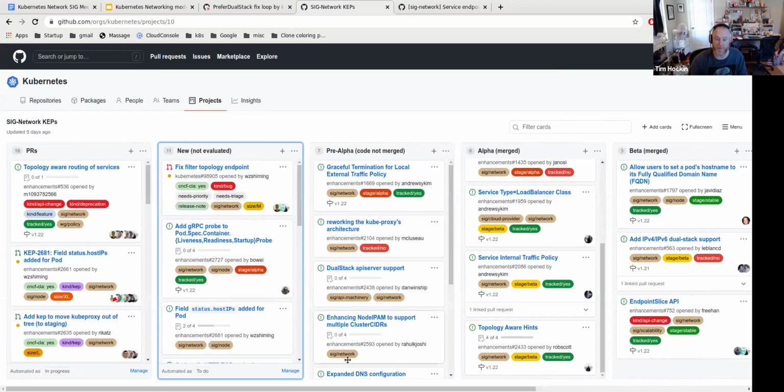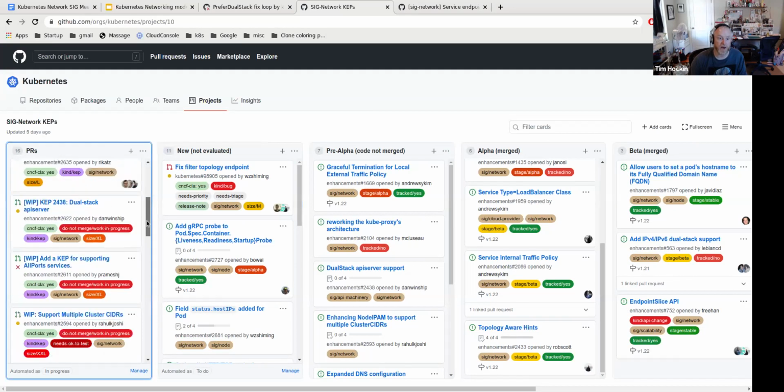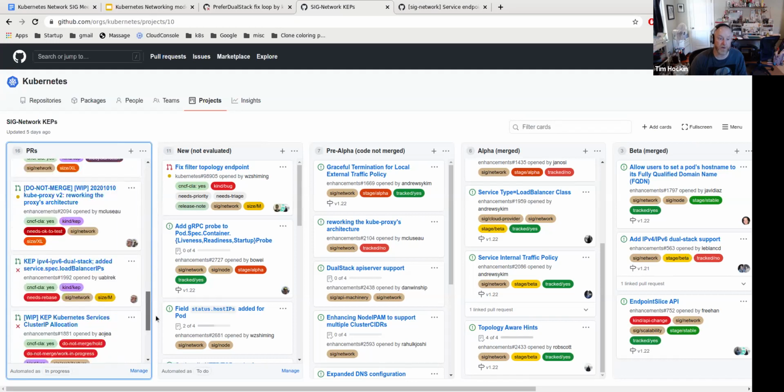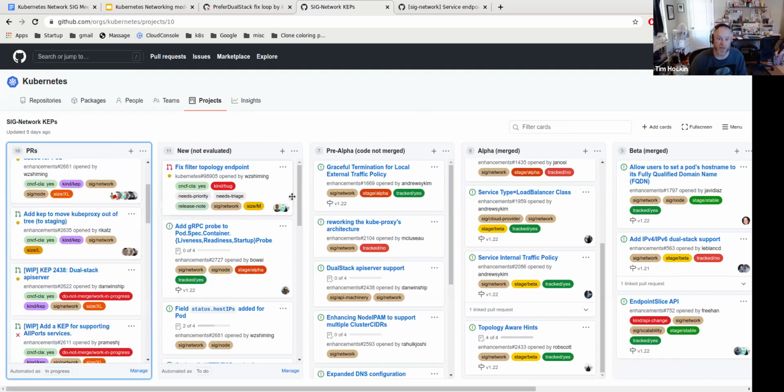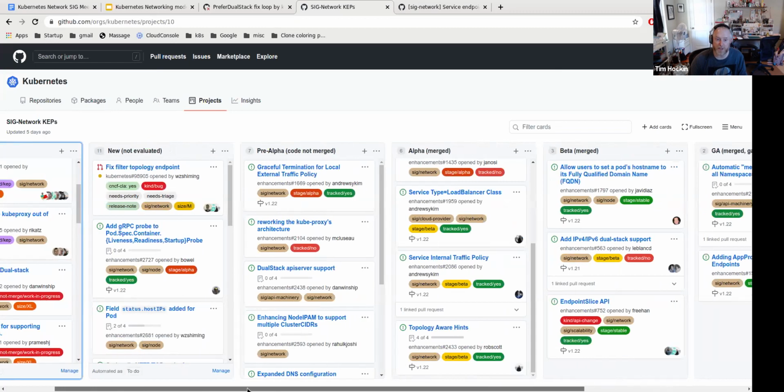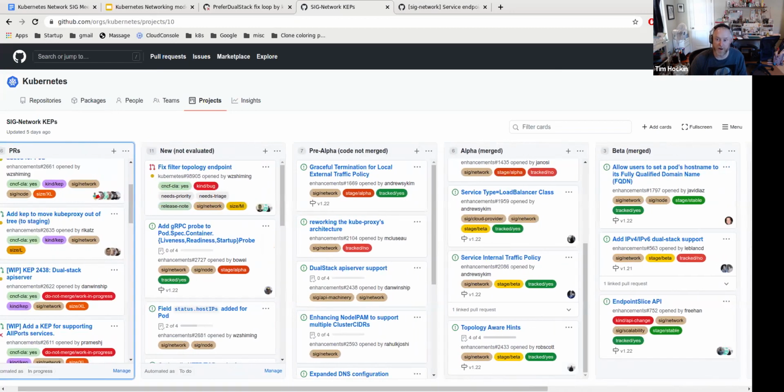I only picked things up that were labeled SIG Network. And this is, I think, the interesting column. I added all the PRs that are labeled SIG Network. Some of these are duplicative of the first two columns, but some of them are edits to existing KEPs. I don't really know what I want to do with that yet. But before I got too much farther with it, I thought I would show the group and see, is this useful? For me, it was useful just getting my head around the sheer number of KEPs and gates that we have open.